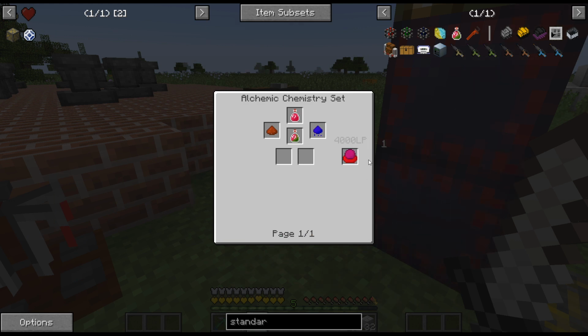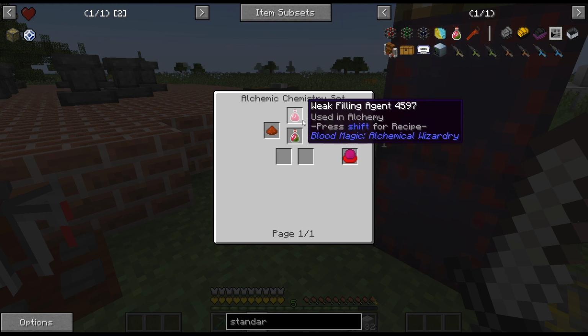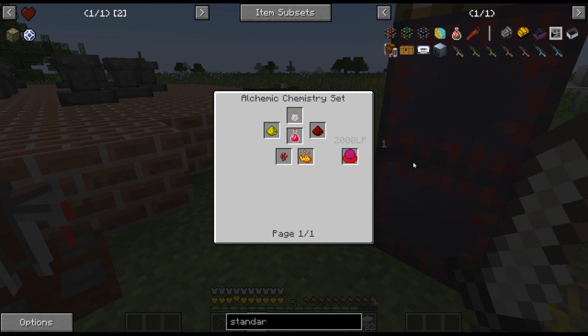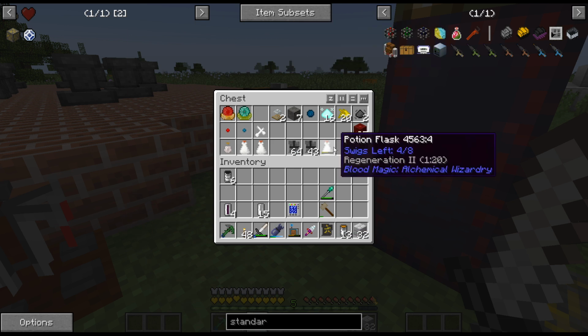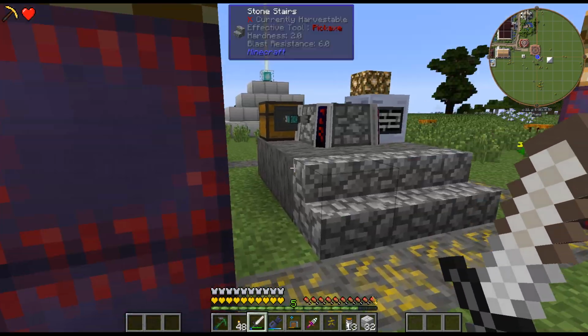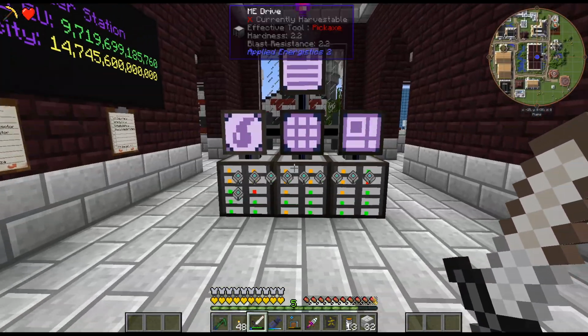No. I think I need the next tier up, so we can't make the standard things. So I gotta make a bunch of these, which isn't an issue. Those are easy enough to make, but yeah. So I've got that going, and the reason I wanted to do a little bit more